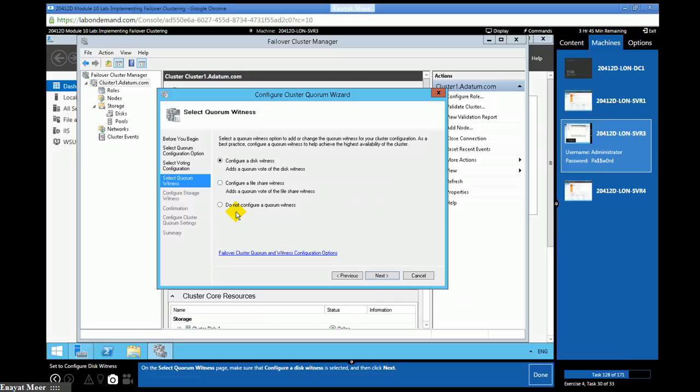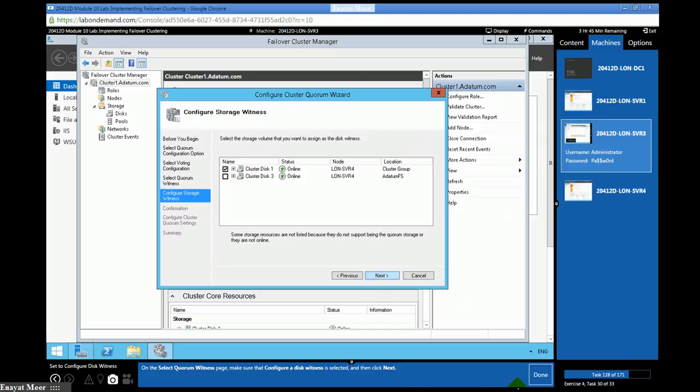Here you're going to configure a disk witness at this screen. And you're going to use the Cluster Disk 3 option.